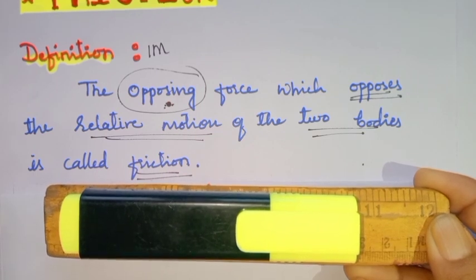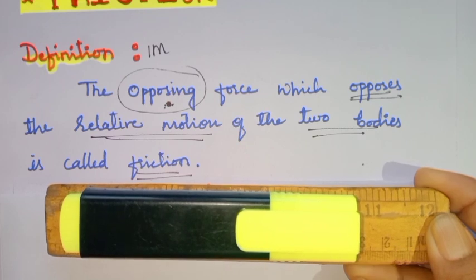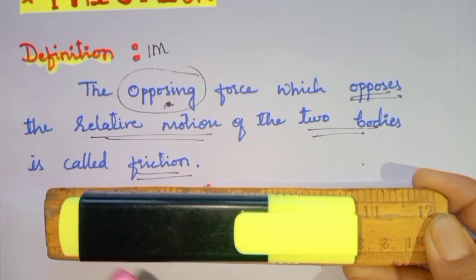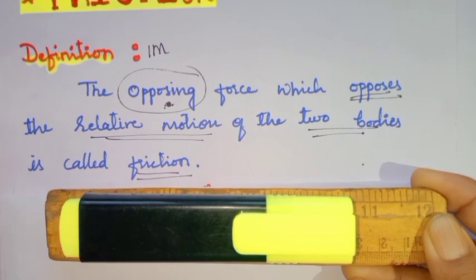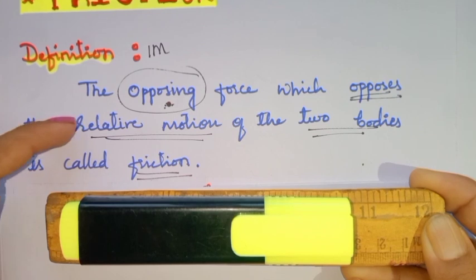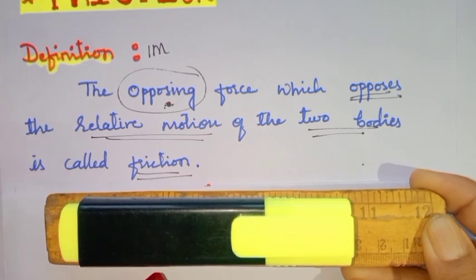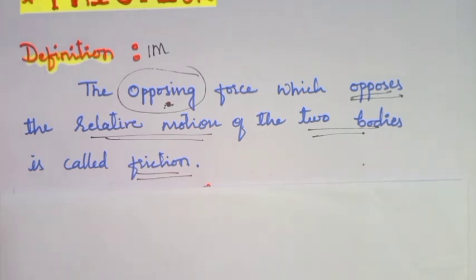This surface will offer an opposite force. And keep one thing in mind: the opposing force comes into play only when the object tries to move. In the sense, the force is applied on the other object. You have to understand clearly here, the definition of friction says that it is the opposing force of a relative motion between the two bodies. Is it clear? To make you understand clearly, now I will show you an animation.